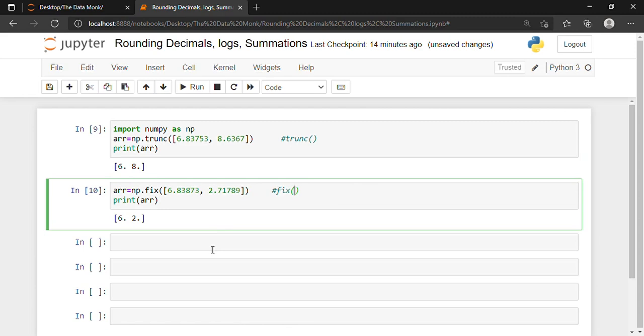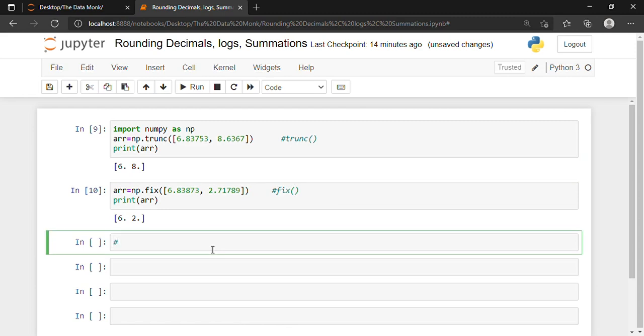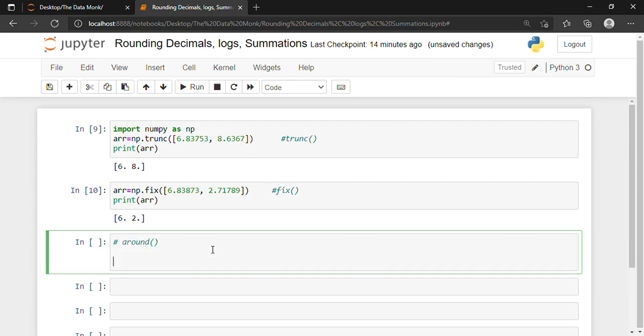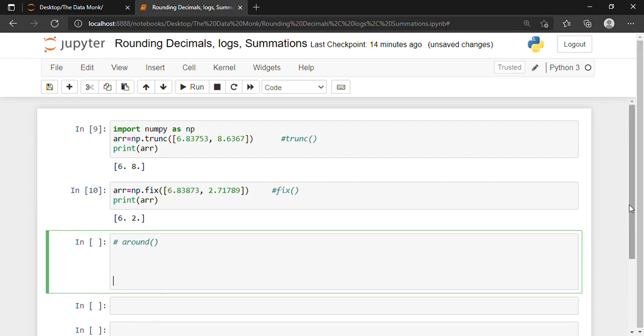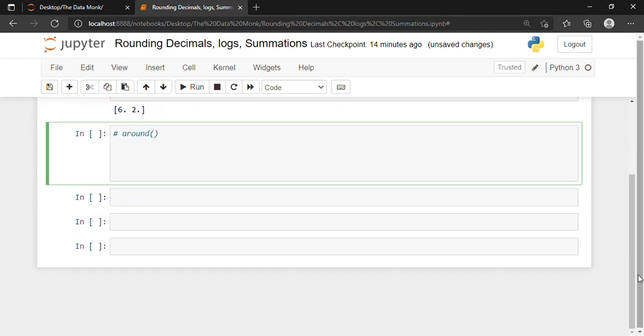Coming on, now we are going to use the around function. For using the around function, let me write array is equal to np.around, and inside I am going to write any number, let's say 3.1666 comma 2.